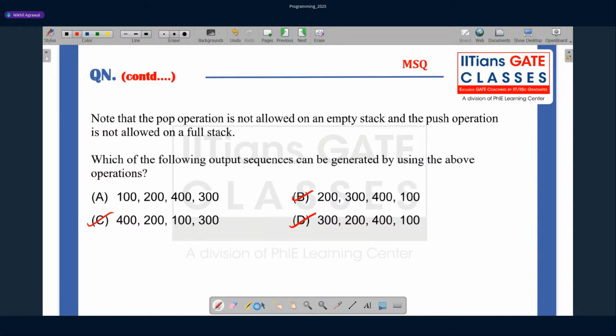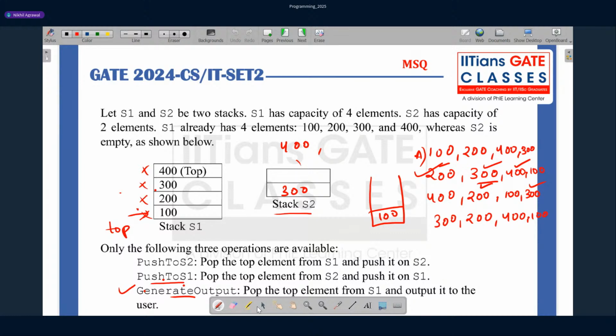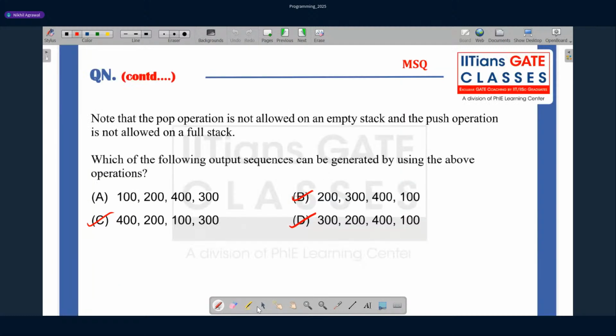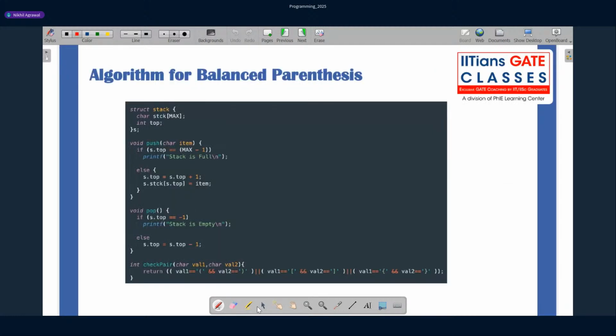If you see this question, it was asked in GATE 2024. It was more basic: you just need presence of mind, not committing any silly mistakes, and you'll get the answer. The only thing is, at that moment we should be very clear that it's a multi-correct question, so more than one option may be correct. It's not that we got one option and proceed. Otherwise, this question was very achievable.